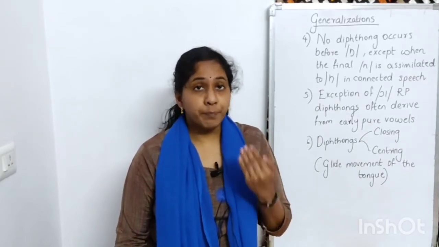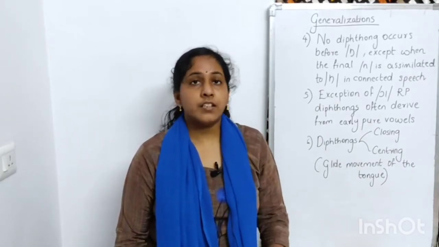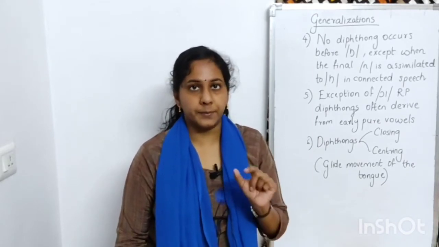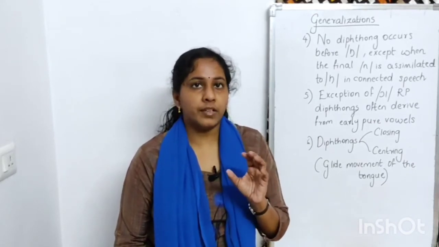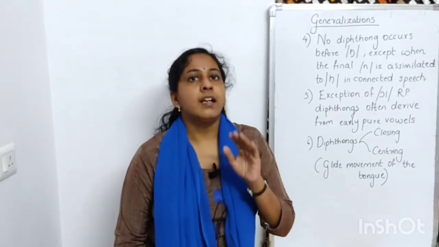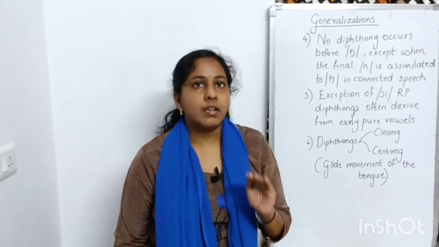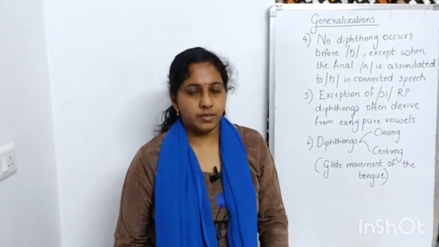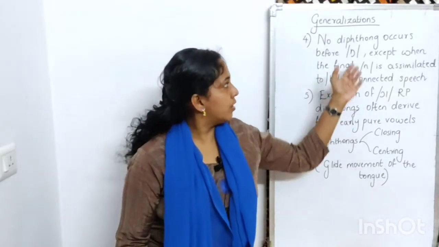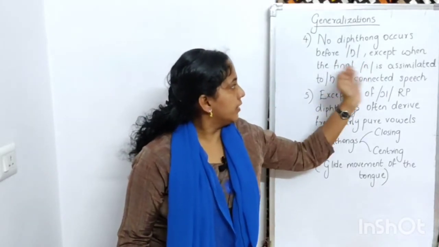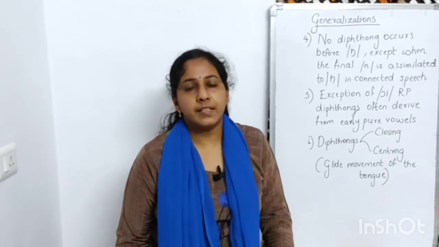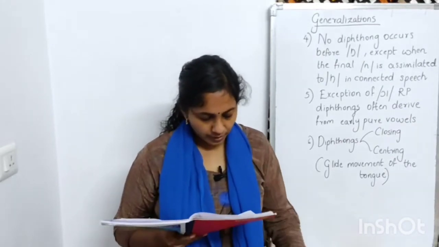But when I speak in connected speech, I'll say she is going to play. She is going to play. N sound ആണ് അവിടെ വരുന്നത്. N. So, അപ്പോൾ n സൗണ്ടിൻ്റെ കൂടെ ng assimilate ആവുന്നുണ്ട്, join ആവുന്നുണ്ട്. Only then the diphthong will occur before ng sound. Okay, this may sound complicated to you because you're not familiar with the rules of these sounds. Ng, n. We are just going to learn in the further lessons. Okay? So, that is it.